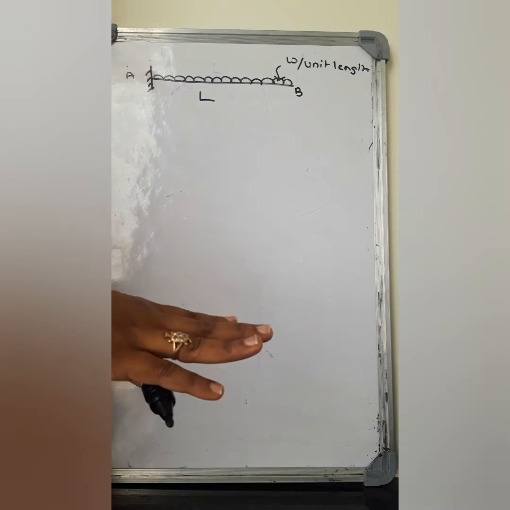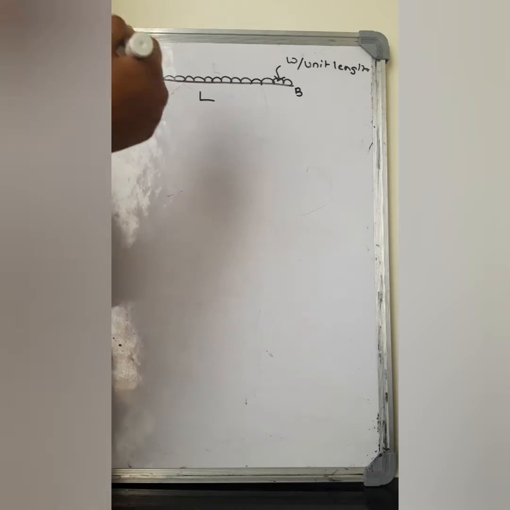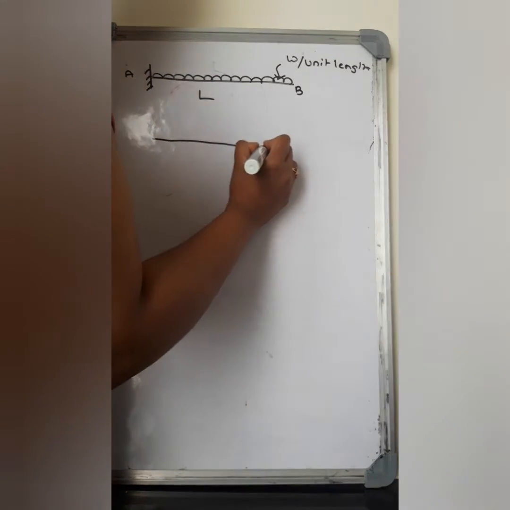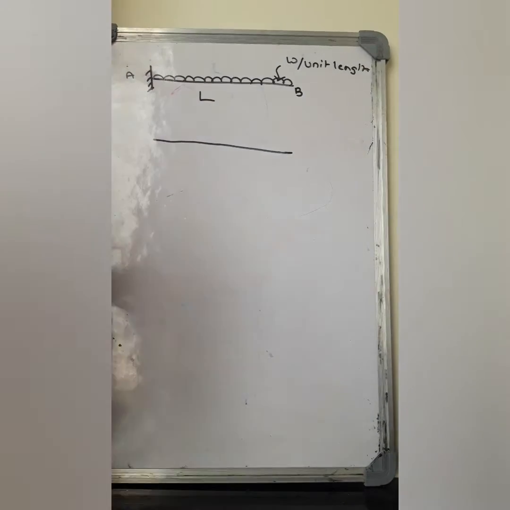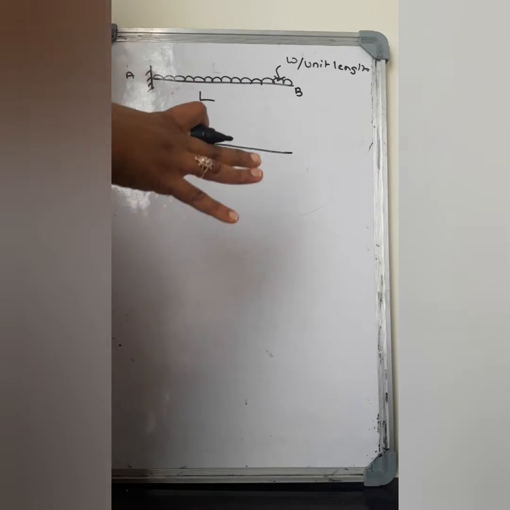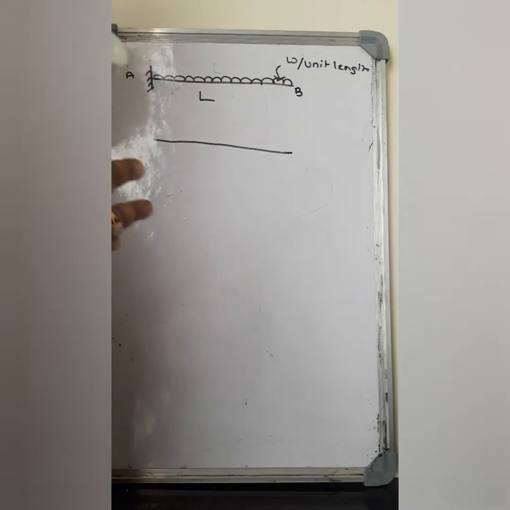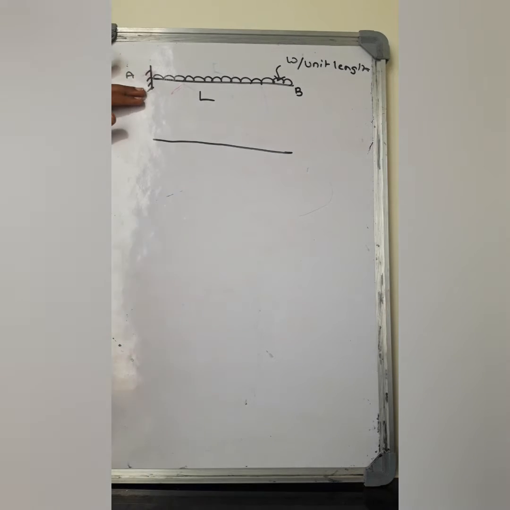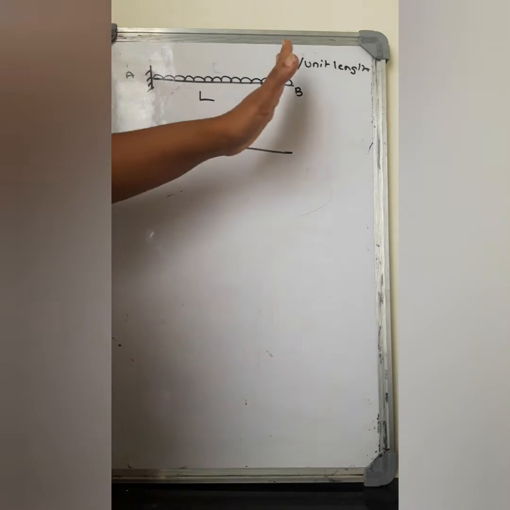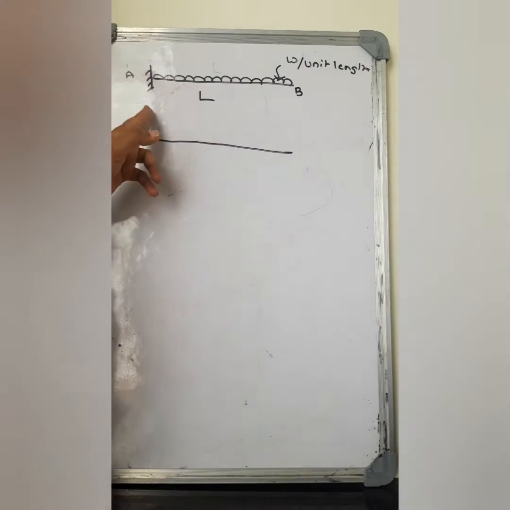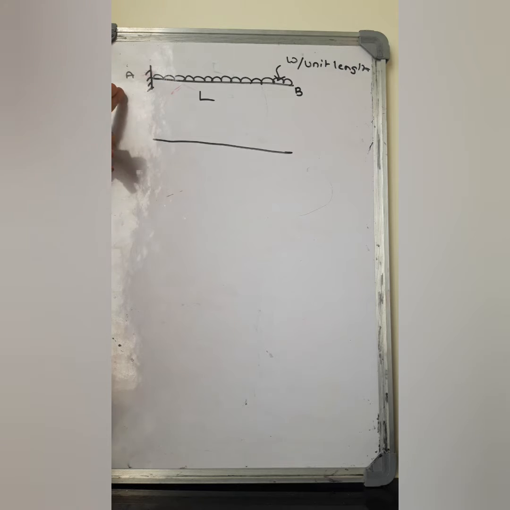So the bending moment drawing, how we are going to calculate it: always remember, if you see a cantilever portion, whichever side it has the fixed support, I am not going to take the bending moment from that side. I am going to take it from the opposite side, just to ignore the support reaction. Or else you can calculate the support reaction here and then calculate the value of bending moment and shear force. That is also possible here.